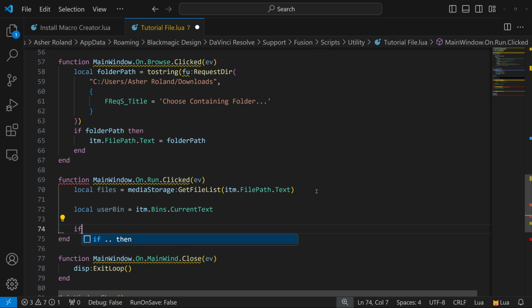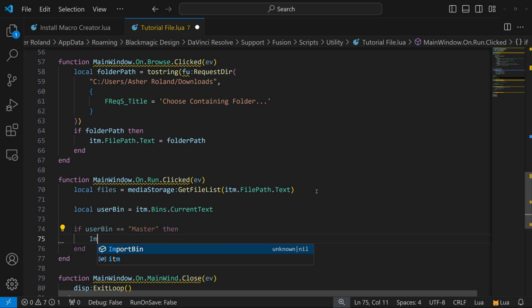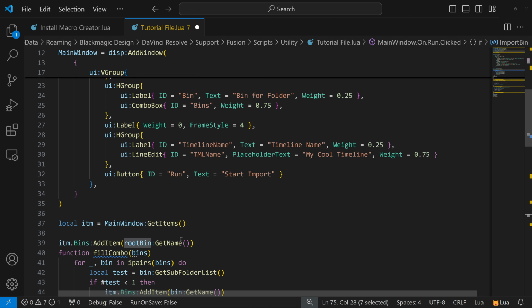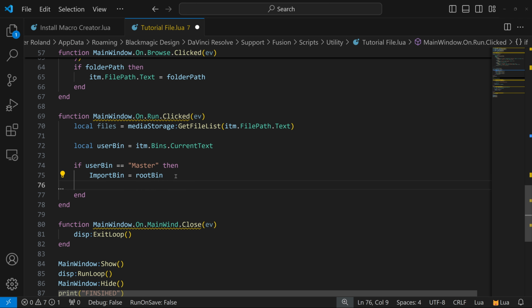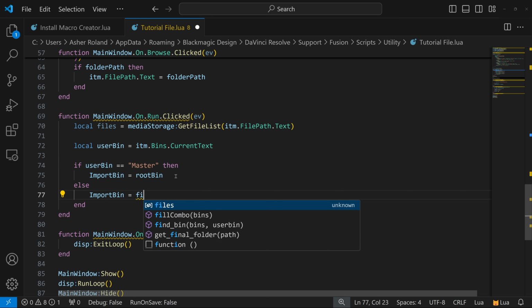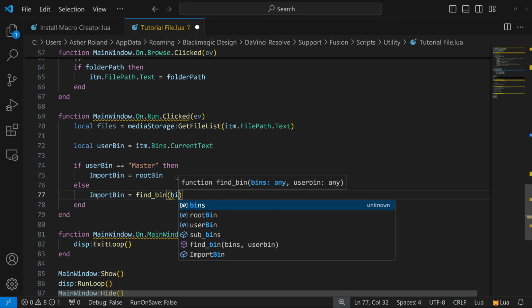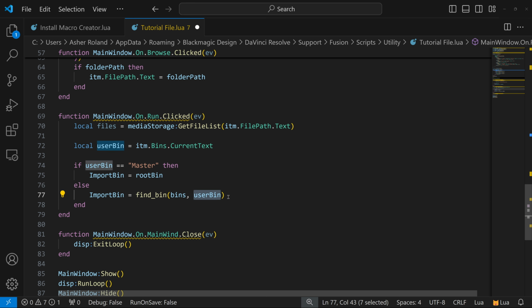Next up, we need to check if user bin is equal to master bin, because we need to set a variable called import bin. We want this equal to root bin. Root bin is the metadata of the master bin that we have stored up here. So we're going to talk about what import bin is here in a second, but we're just going to need this for something in a minute. And then we need to check else, if it's not master bin, then we need to get import bin from a function called find bin. And we're just going to get the bins table and user bin. So this is the text of whatever the user has chosen as the bin, and this is getting the table